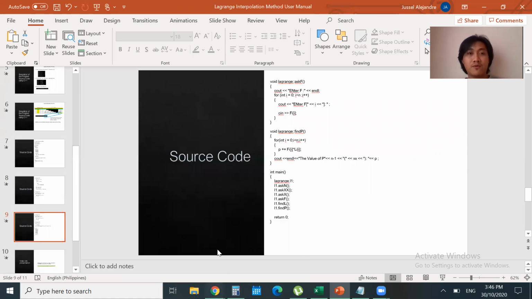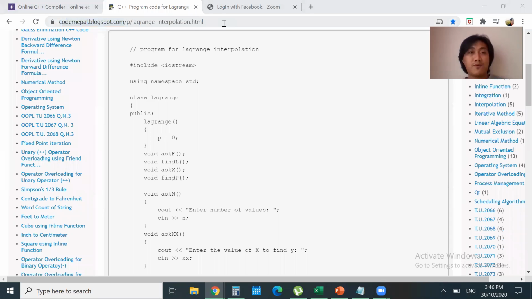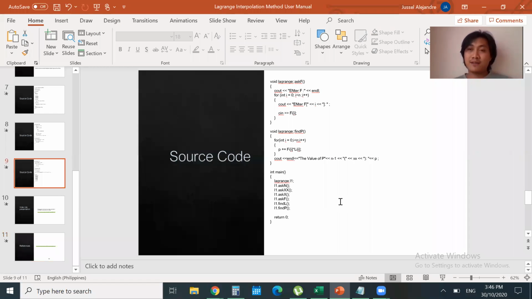You can type codernepal.blogspot.com/p/Lagrange-interpolation.html. So I guess I've already presented my project for Lagrange interpolation.